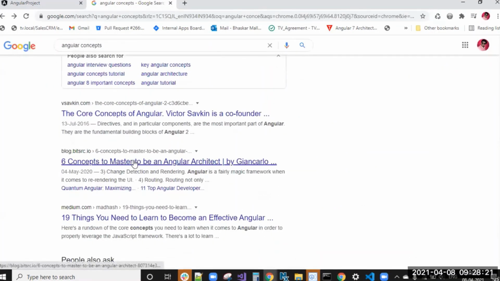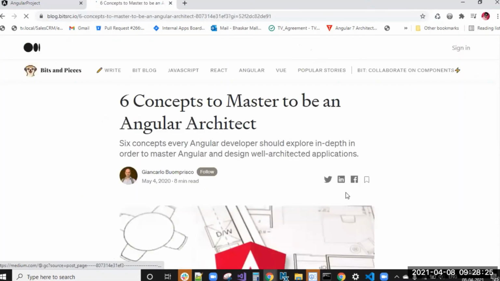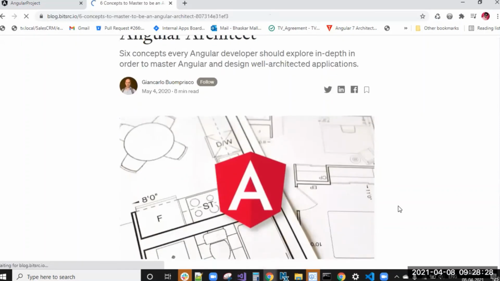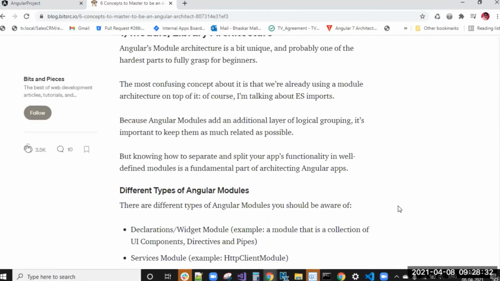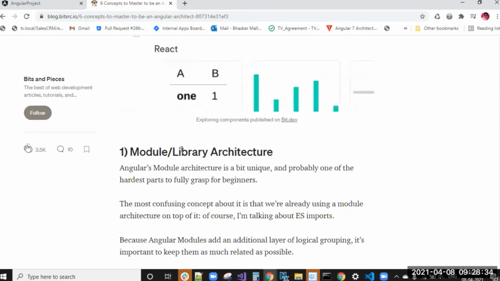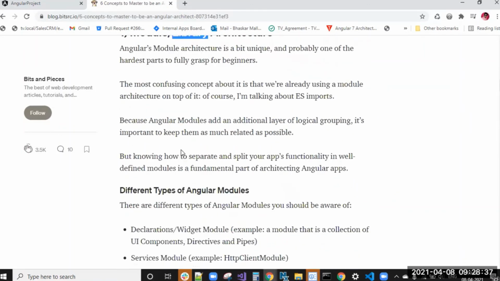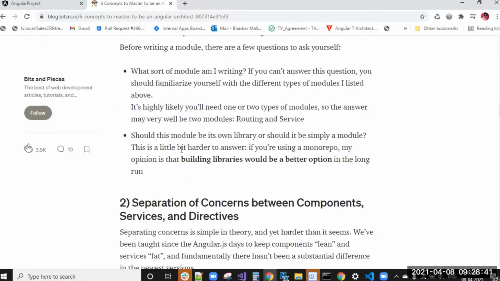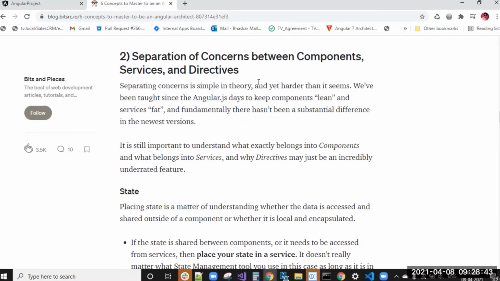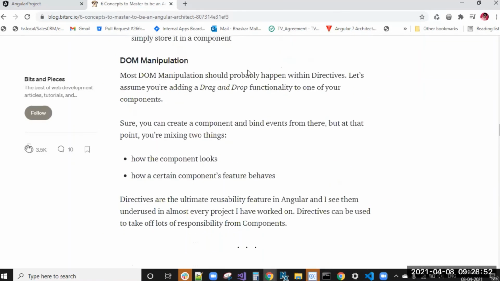Six concepts to be mastered to be an Angular architect. What he is giving, those concepts we'll see. First he told module or library architecture. I told you already about modules. Next one is the difference between components, services and directives. I told you components, services, directives. We will see all these also.